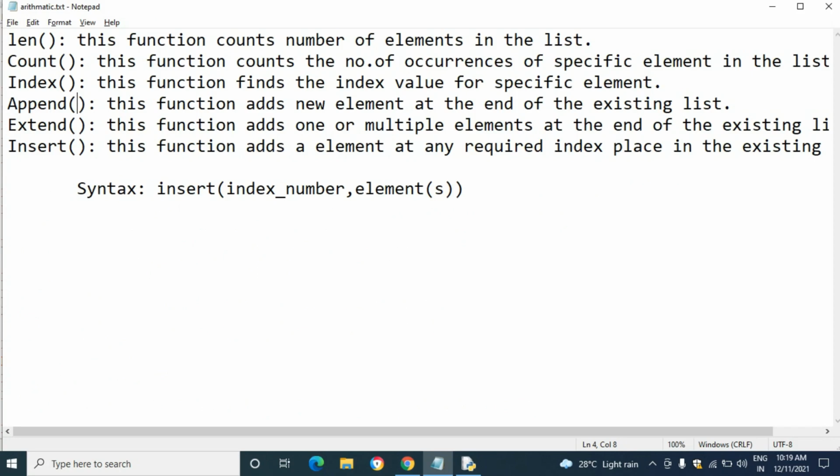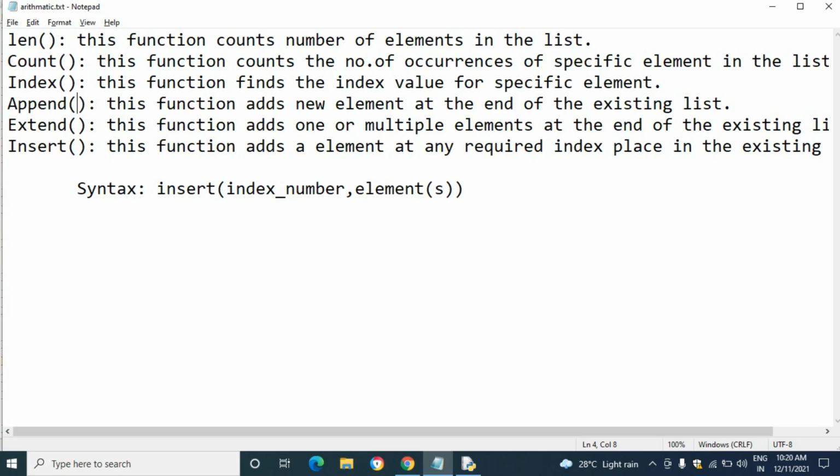Then the next one is the insert function. Insert means we have to insert something, right? The name itself has the meaning. The insert function is used to add an element at the required index place. With the extend and append functions, we can't give the index number position.